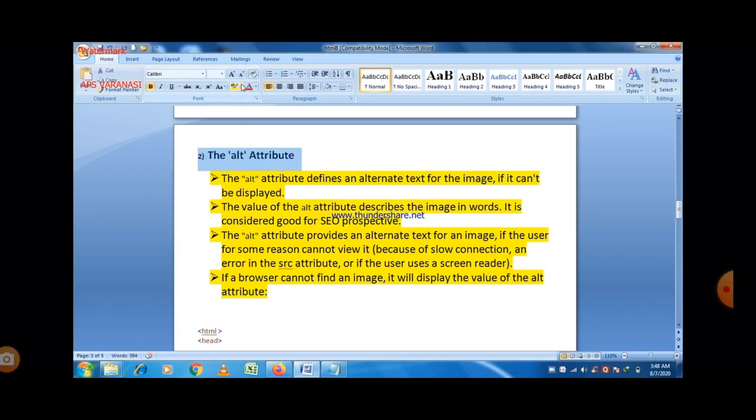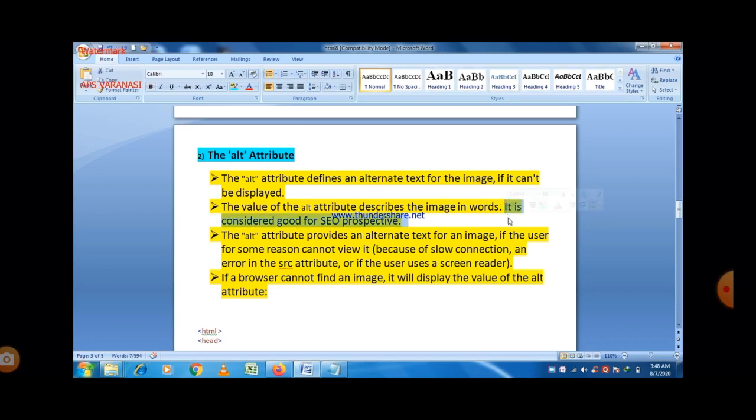If it can't be displayed, the value of the ALT attribute describes the image in words. It is considered good for SEO purposes. So what is the purpose of the ALT attribute? When for any reason the image is not displayed, then the message with the ALT attribute will be shown on your screen.